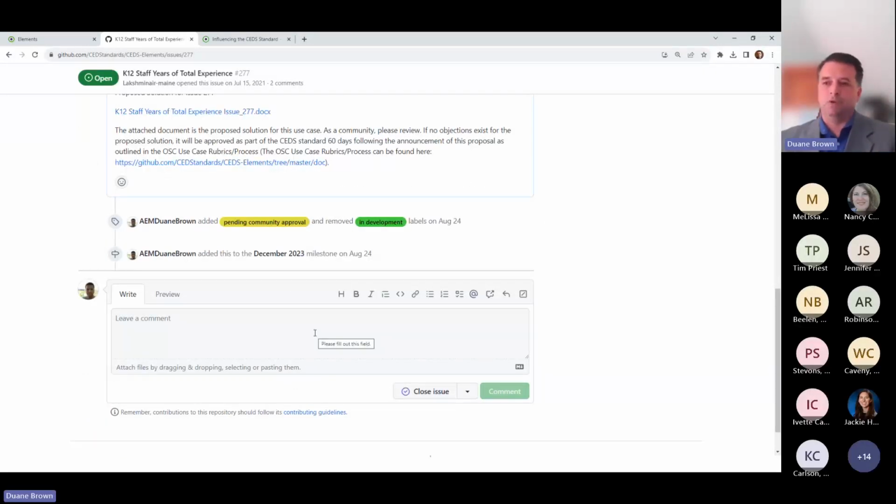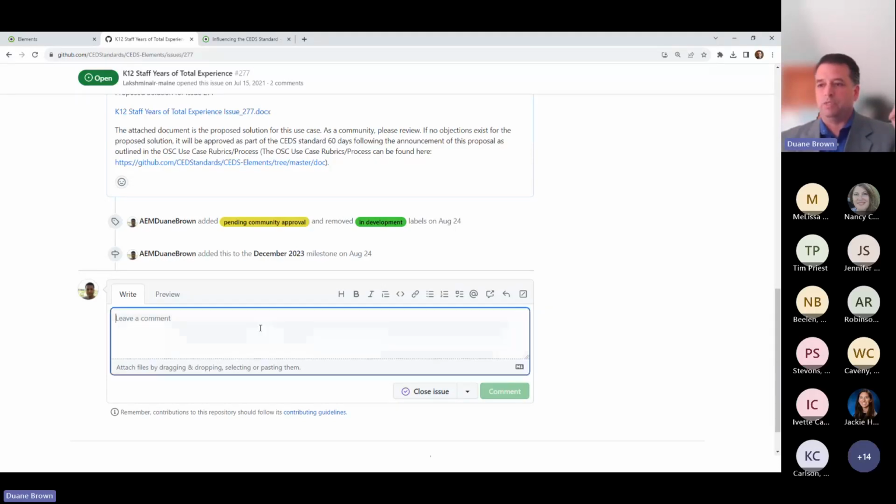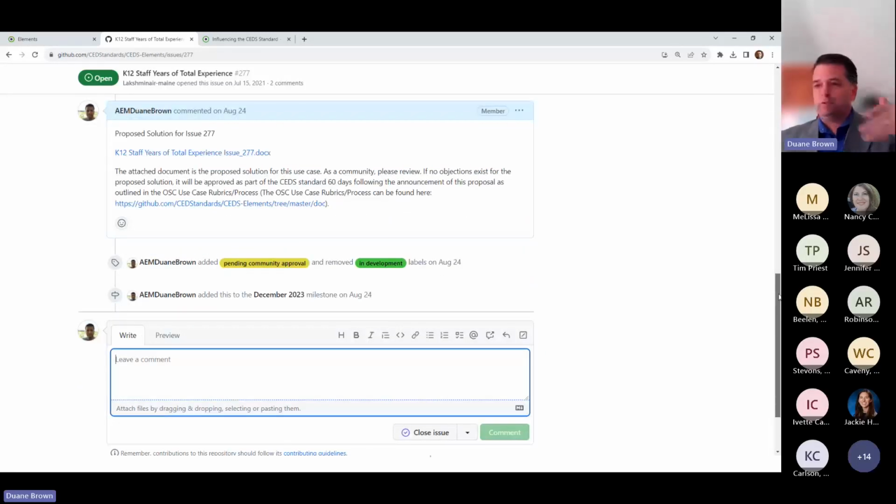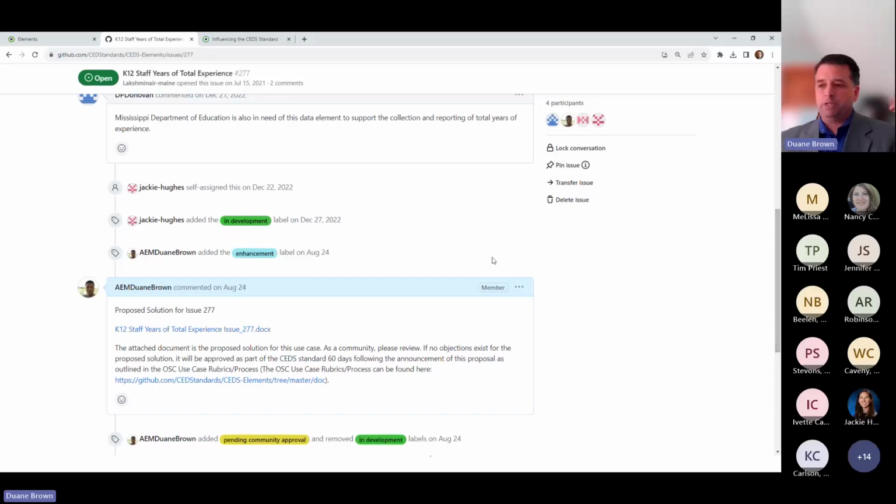This is what I'm looking for as well. My state, my organization is also looking for years of experience. So in this location, you can leave a comment and let people know that you're interested in this particular thing as well. You can also join in any work groups if they should be having those and discussions that could be taking place. In this particular instance, discussions have already occurred and there is actually a proposal that is pending